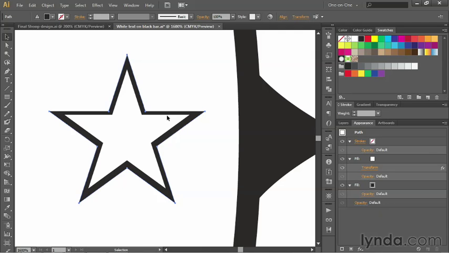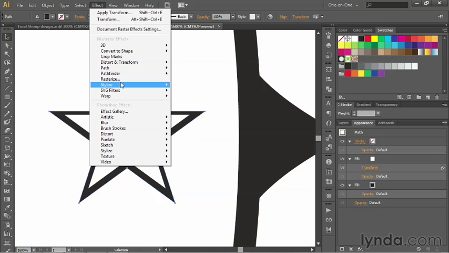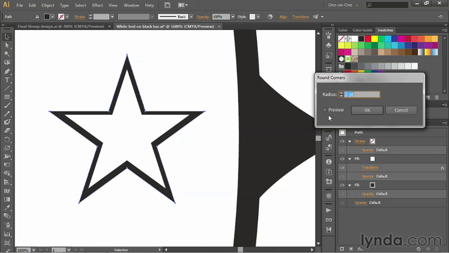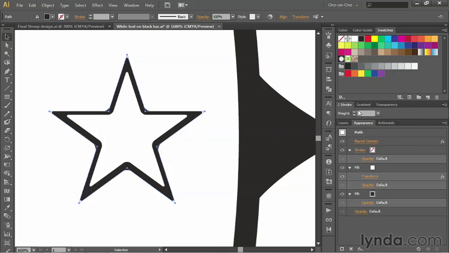And now I want to round off the corners of this new star. So I'll go up to the Effect menu, choose Stylize, and then choose the Round Corners command. And I found that a radius value of 1 point ended up working quite nicely because these stars are so small after all. And then I'll turn on the preview checkbox and I can see that I've blown it here. I've rounded both shapes, including the black fill. That's because the stroke wasn't active when I chose the command. Not that big a deal because I can click OK in order to apply round corners to the path,